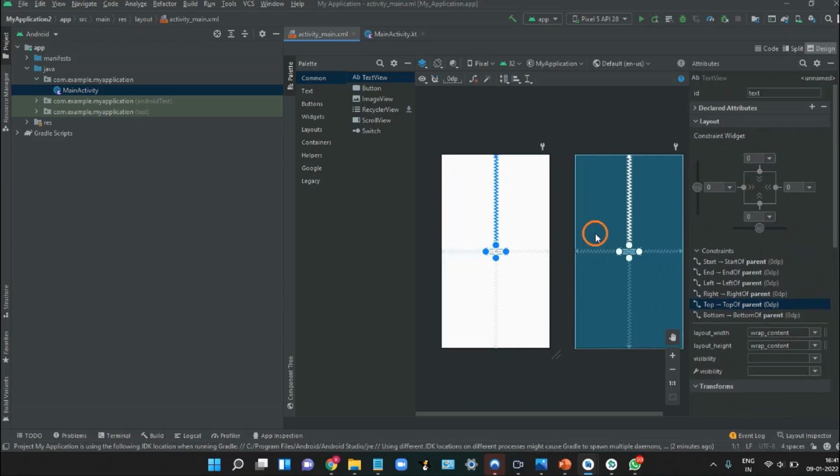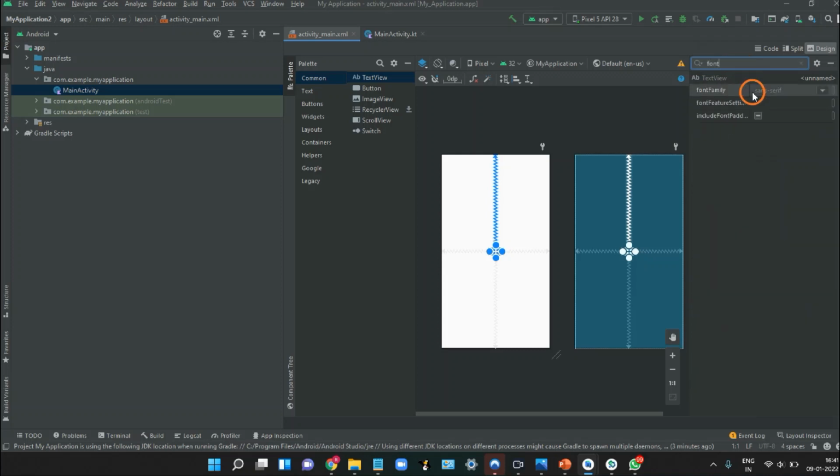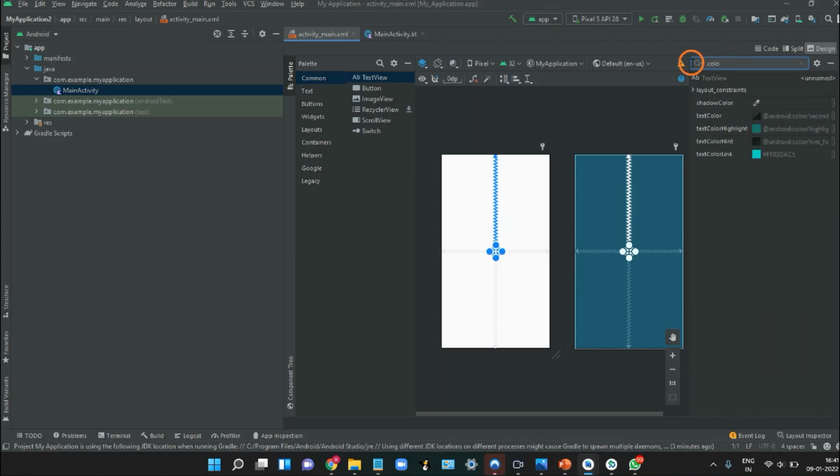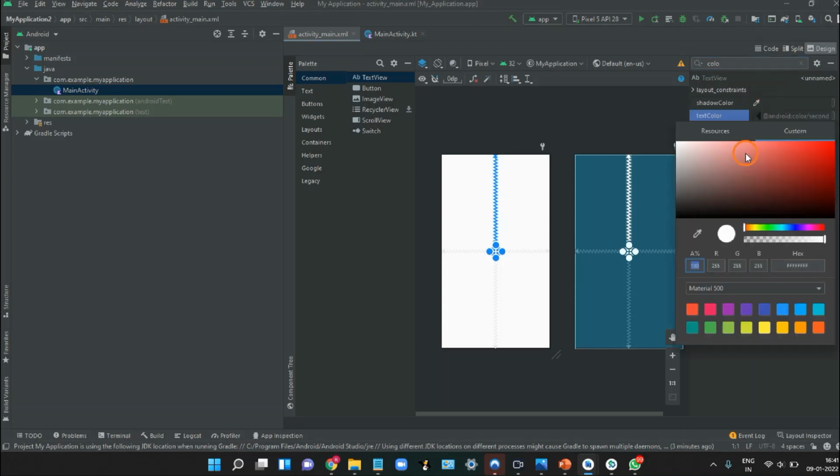After that, you can also change the font size and font color. For that, just click on this search button and write font. So let's change the text color first. So I'll make the color red.